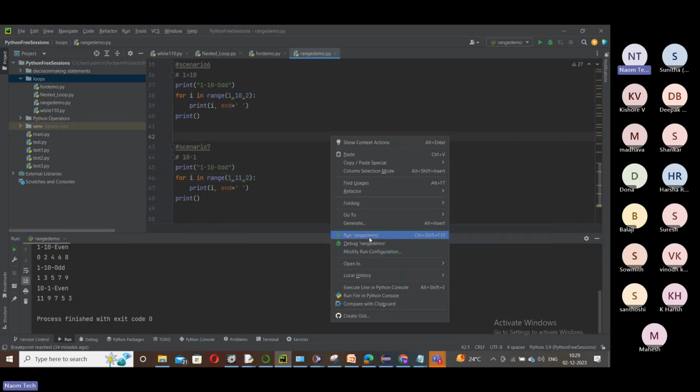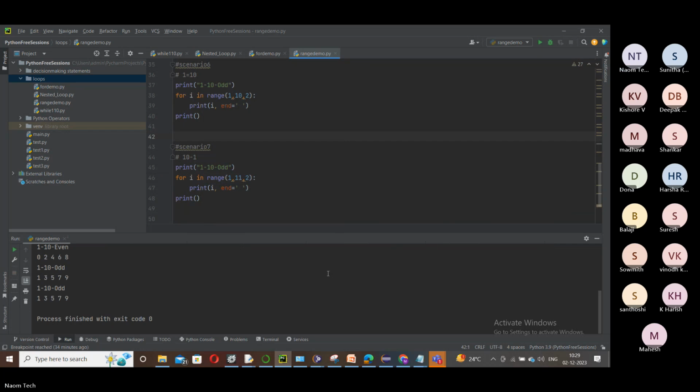This is perfect. Now 10 to 1 odd in reverse order. Just a minute, I'm just aligning. So here you put 11, and then you put 1, or anything of your choice, and you have to do this by -2. That's all. Let's run this.